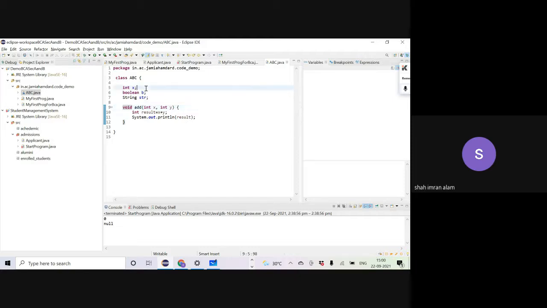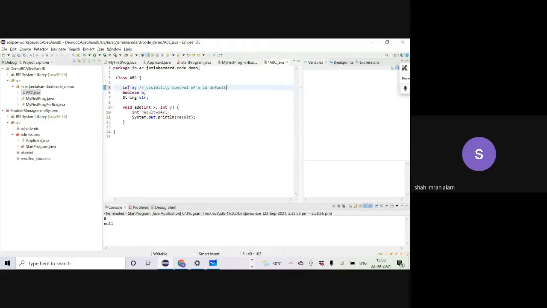So let me write here: visibility control of x is default.